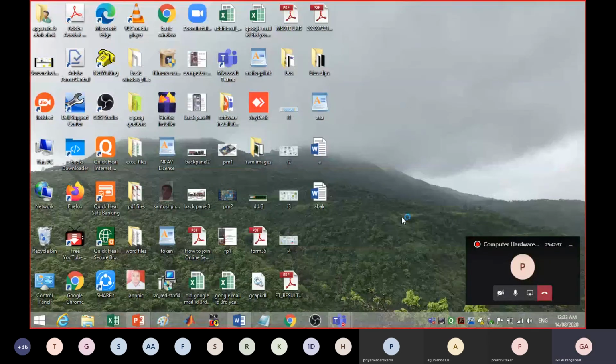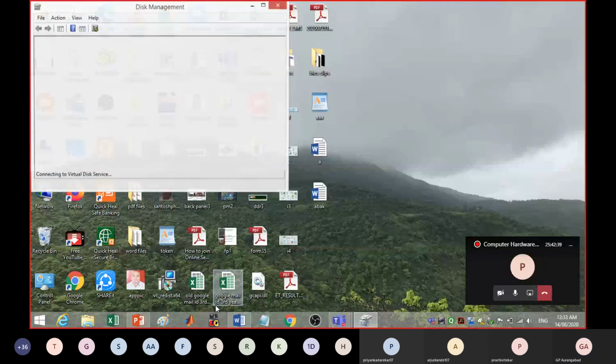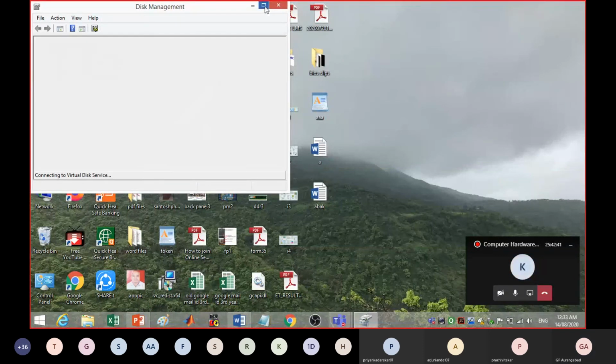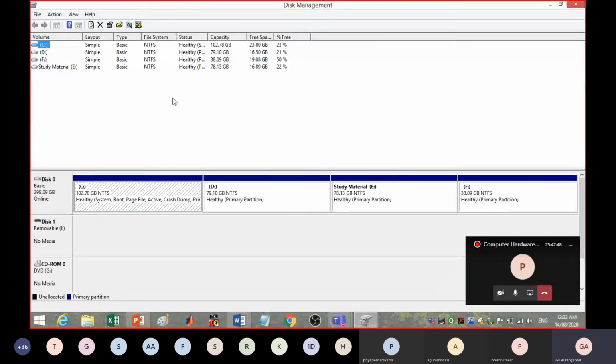Okay, the same option is selected which I actually wanted. Now, what is disk management? If you see disk management, it shows my hard disk.